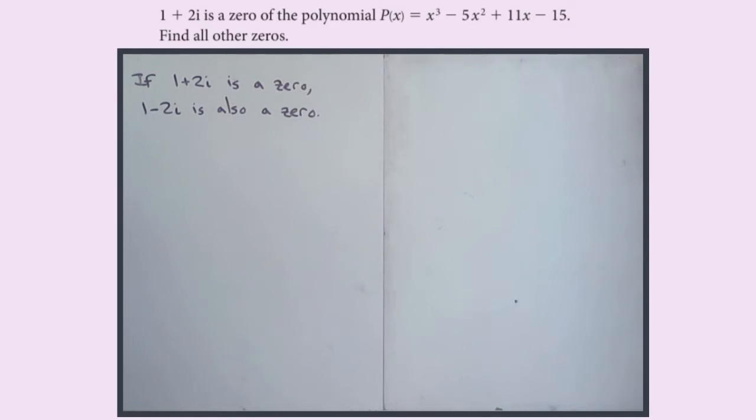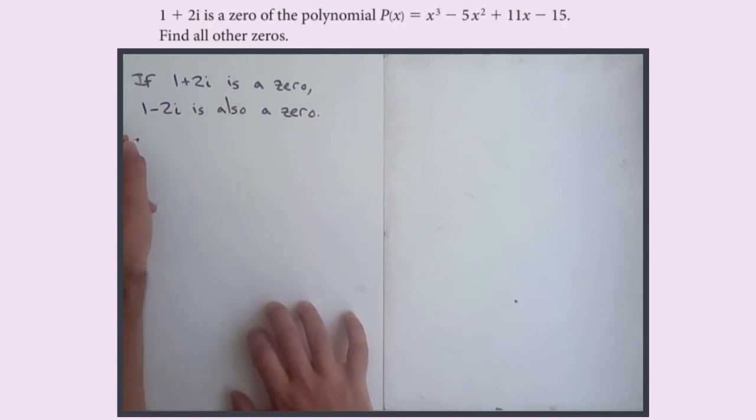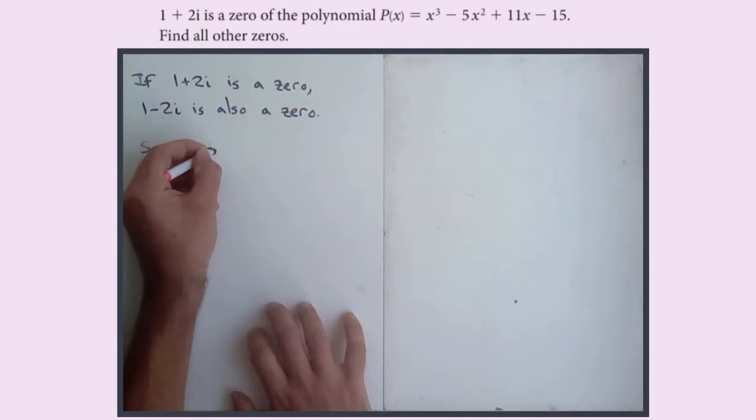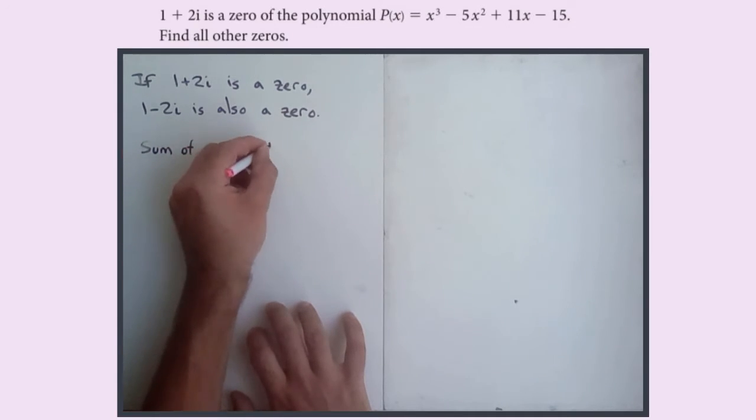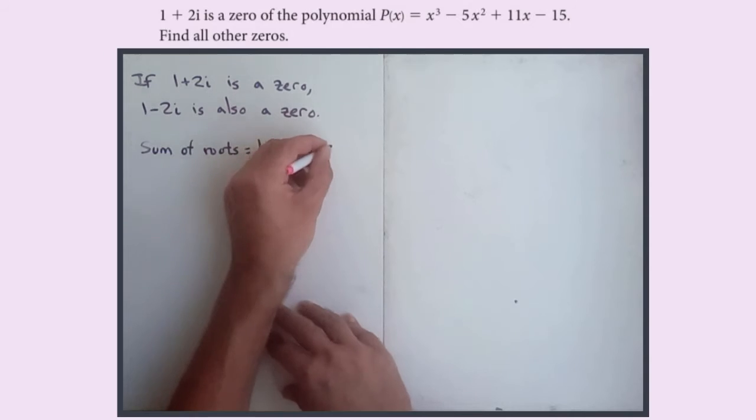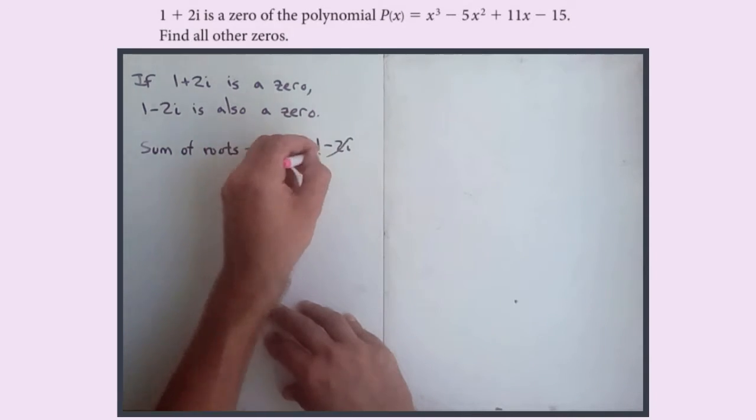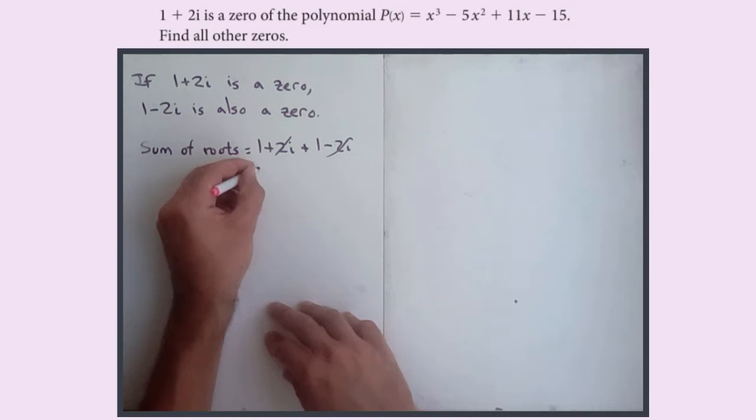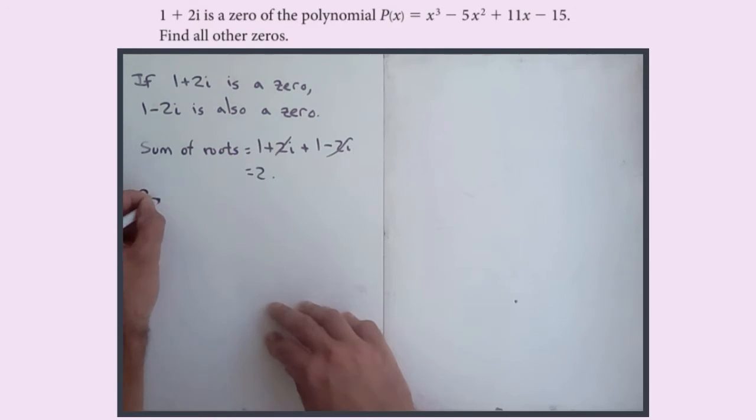So basically, this 1 plus 2i and the 1 minus 2i, they come from a quadratic factor of this polynomial, right? So we're looking to find the quadratic factor, and we can then use the sum and product of roots of a quadratic. So if we have the two roots, 1 plus 2i and 1 minus 2i, then the sum of roots, well, that equals 1 plus 2i plus 1 minus 2i. So the 2i's cancel out. 2i minus 2i is nothing. So that equals 2. Product of roots,